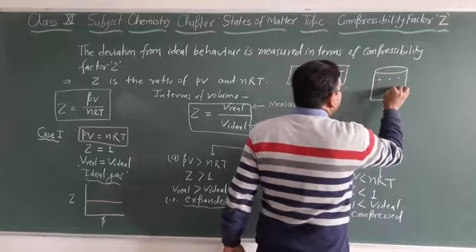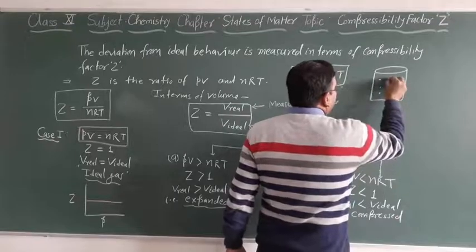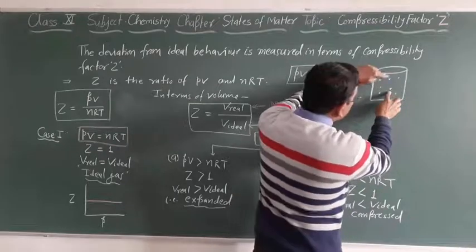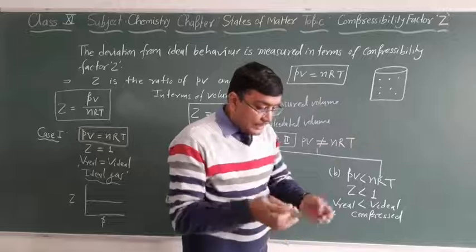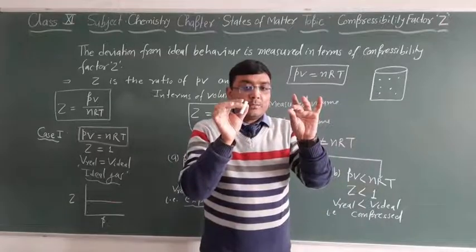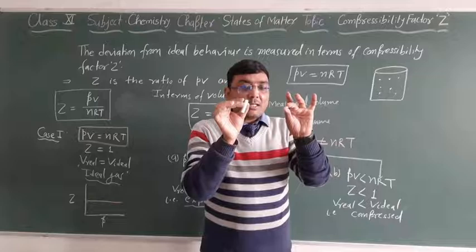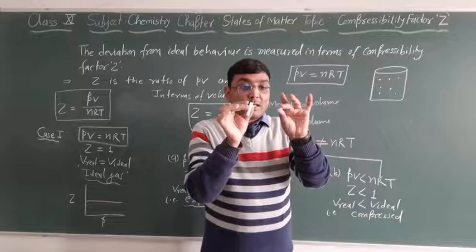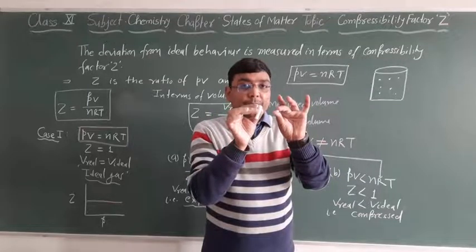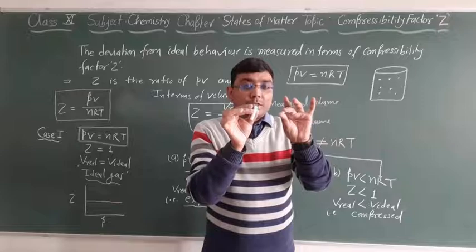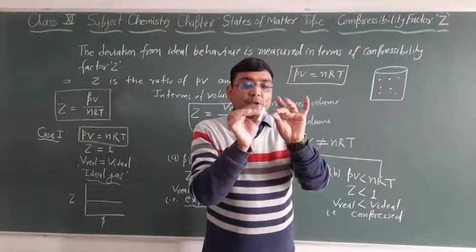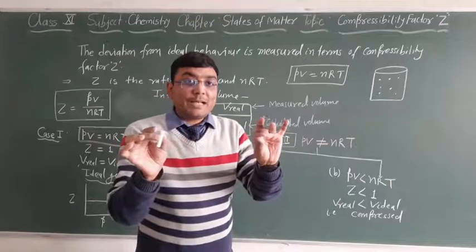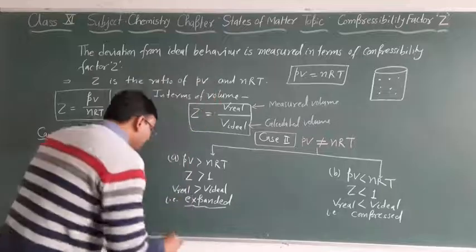These are the particles of the gas. Two particles are away from each other, because between these particles the repulsive force is dominating. Due to the repulsion, they are not allowed to come near each other. Is it clear? So when expansion takes place, it means repulsion dominated the attractive force.